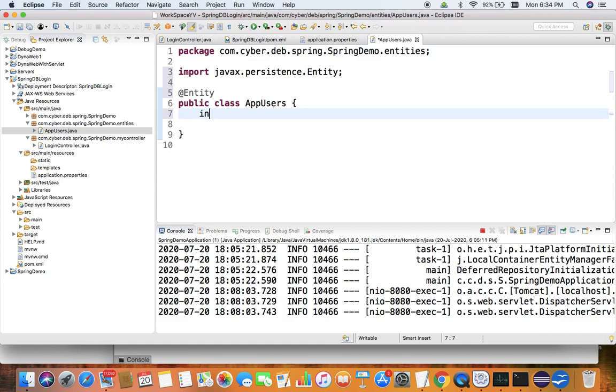Suppose I will say long, this is going to be the primary key, long id. Then string, any name, suppose userId, then again string password.